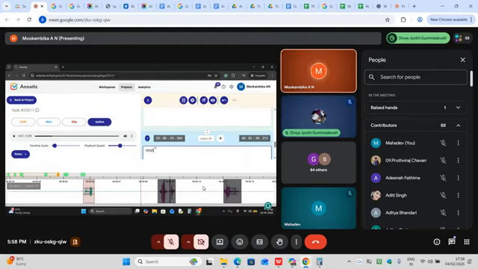Otherwise, if this is not available, you can do one more thing, that is your Google input tool. That means go to the Chrome extension, and in that download the Google input tool. From that also you can add the language, like Hindi phonetic. If that is also not possible, please let us know. We will help you out with what can be done. Most of you all will have this Hindi option.